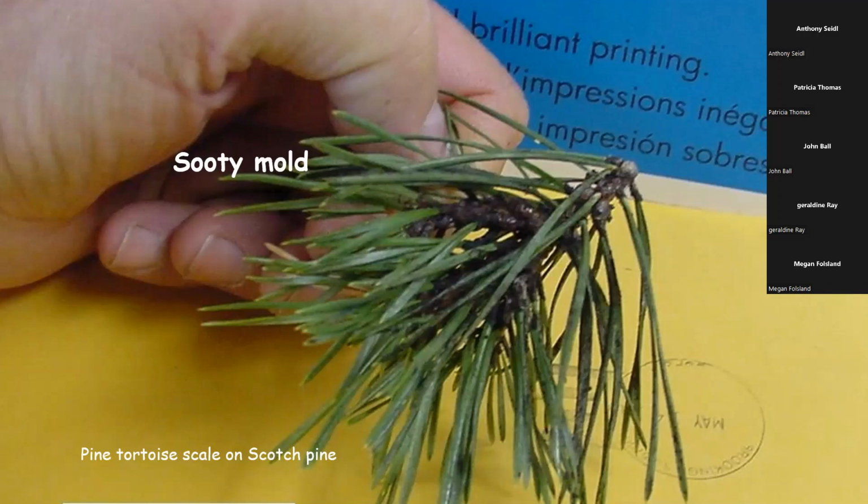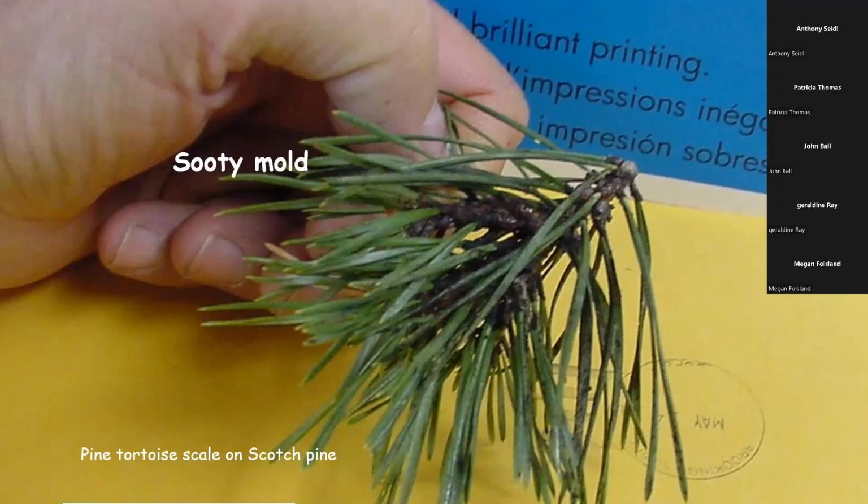Now, usually it's not enough to affect photosynthesis. Yeah, to some degree it will. Obviously, it's blocking sunlight from the tissue. But really, it's more of an aesthetic problem. You look at leaves and twigs and branches, and I've seen mugo pines that are almost black, almost like coal. They're so covered with this. So a lot of our problems with scales are aesthetics.